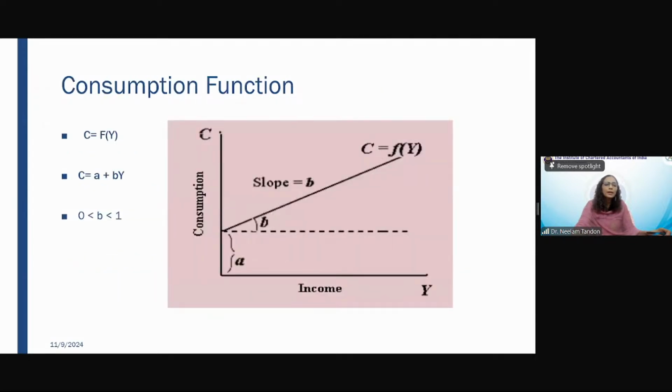Consumption demand depends on disposable income. Do you know what disposable income is? Disposable income, including transfer payments, is income after deducting all your tax and non-tax liabilities, the income you have available to dispose of. You can use it for consumption or put it into savings. If you are consuming, then it will be autonomous consumption and marginal propensity to consume. Marginal propensity to consume will definitely be greater than 0 and less than 1,